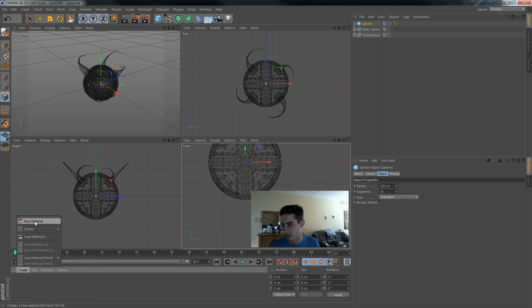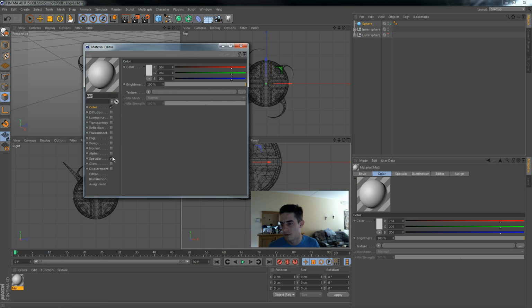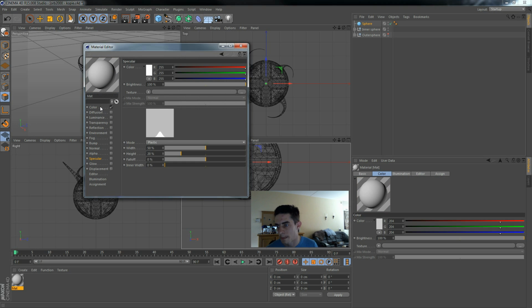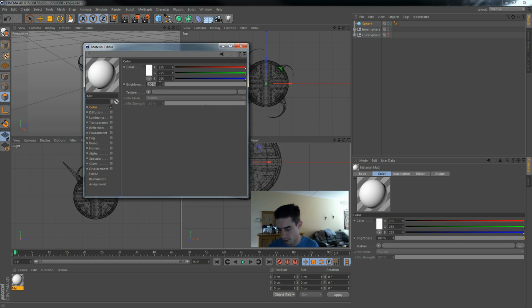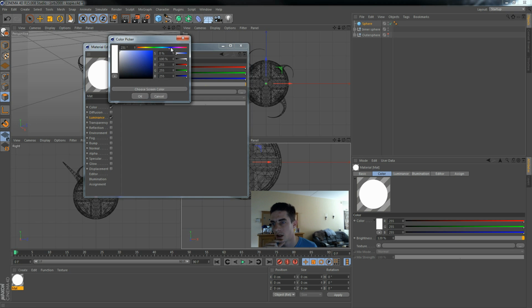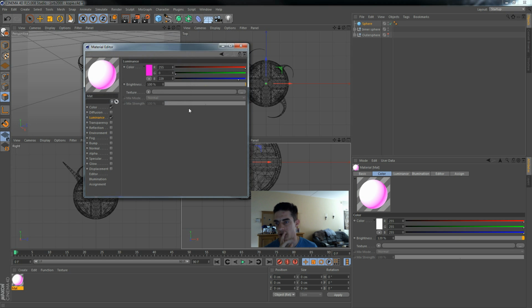So you go here and create a new material. You will deselect the specular here. You will go to color, and you will set this to pure white and the brightness to about 120. Then you will go to luminance, and for the luminance you will give a color that you just like. I like this one because it's the color scheme of my site. And we will set the brightness to 200,